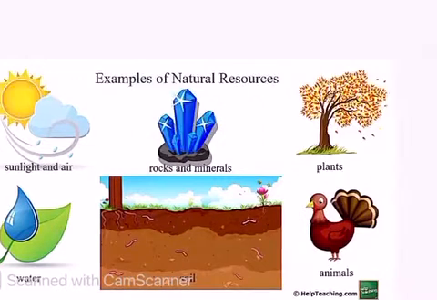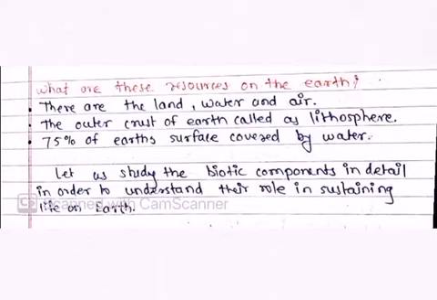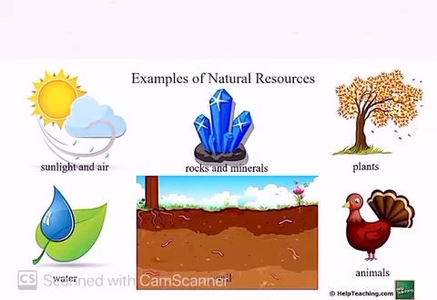Next we have to see what the resources on the earth are, as we see in this image, that is sunlight and air and water. These are considered as natural resources. All these examples are natural resources. Means as we consider